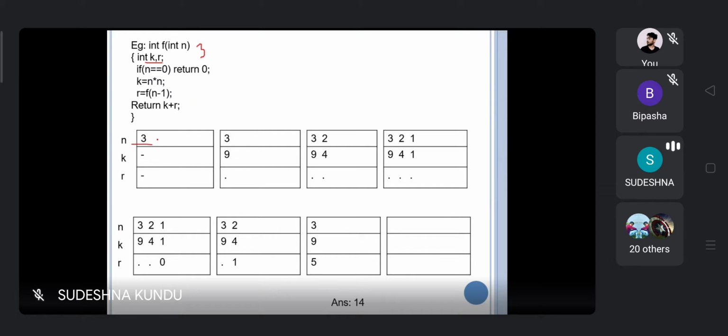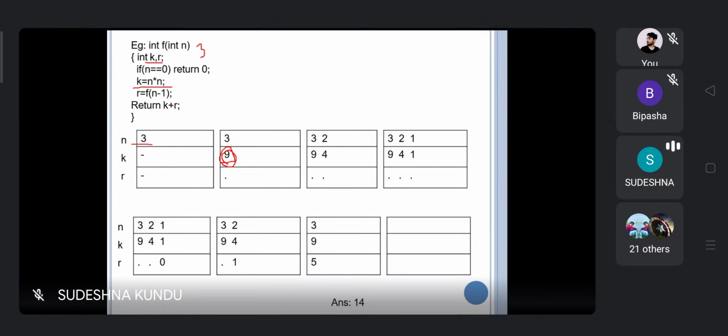When n is 3, the value of k is 9, so we push this 9 into the stack. Then r equal to f of n minus 1.